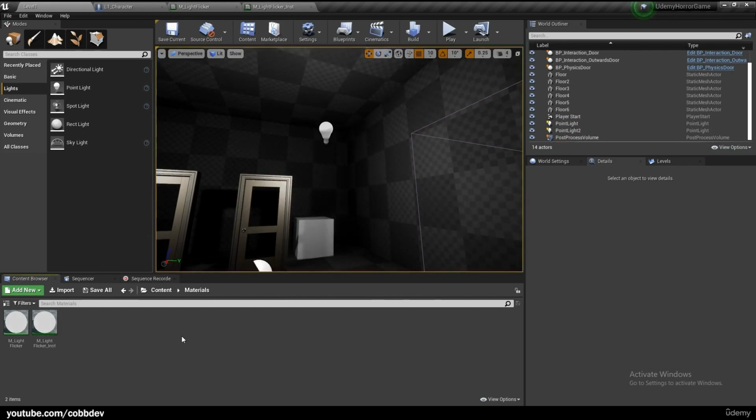Now the cons of using a flicker like this is it's not technically random. It does look good, but it is a pattern. It's not truly random. That's why I'm showing you the second version, which is truly random, and that'll be a